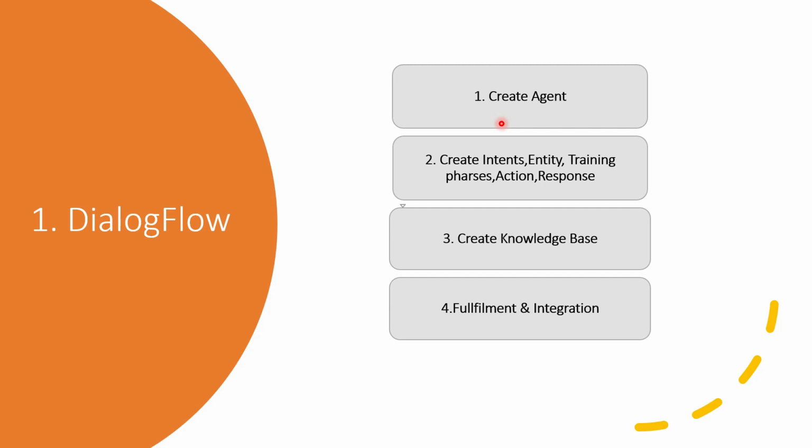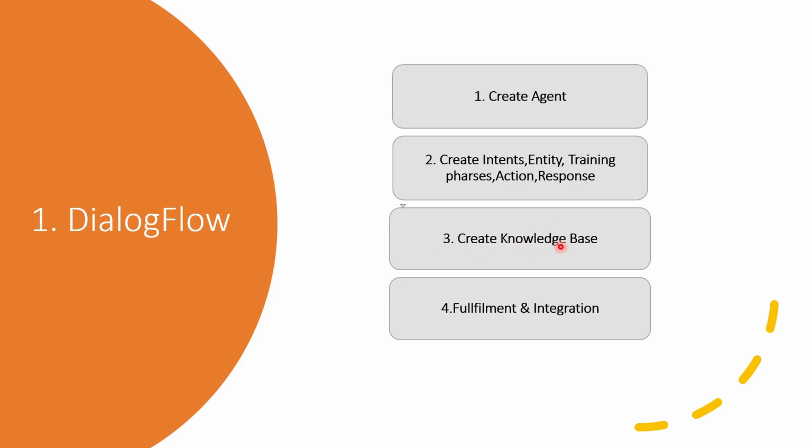So before starting, I want to discuss a few terminologies which are very important to discuss right now. First is agent. So what is an agent? Agent is something like your chatbot application through which the user is interacting. Second is intent. Whenever the user says or queries something to the bot, the agent tries to match it with some intent. I will be discussing the rest of the terminologies later during development.